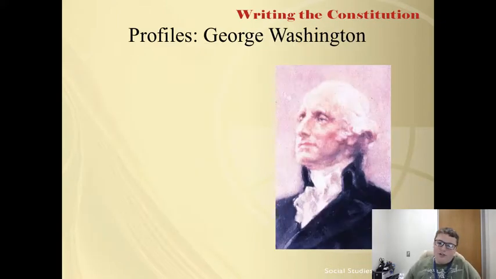Profiles. George Washington. Of all the convention delegates, none had greater fame or had earned more respect than George Washington, already a legend for his military endeavors as the head of the Continental Army. He seemed a logical choice for president of the Constitutional Convention, in light of his experience in the Virginia House of Burgesses, his work in the Mount Vernon meeting between Maryland and Virginia, and his support for the